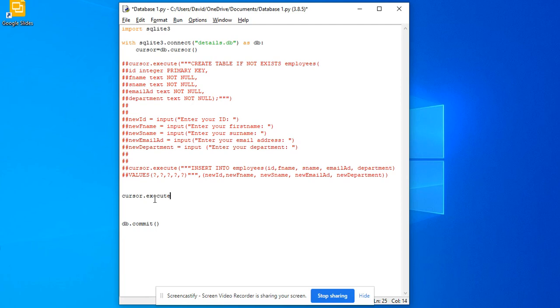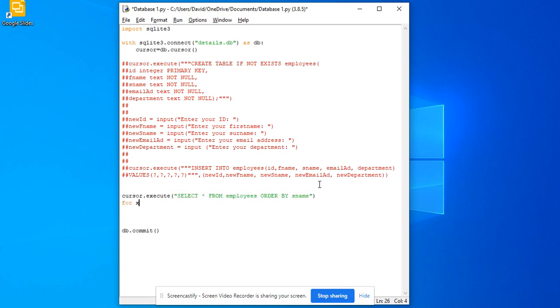Now what I'm going to do is I'm going to cursor.execute, and this time I'm going to select. If you've done GCSE computing, you will know when we're writing an SQL statement, we need select from where. They are the most important keywords when we are carrying out an SQL statement. So here I'm going to select star from employees. The star will select all of them, and I'm going to order by S name,